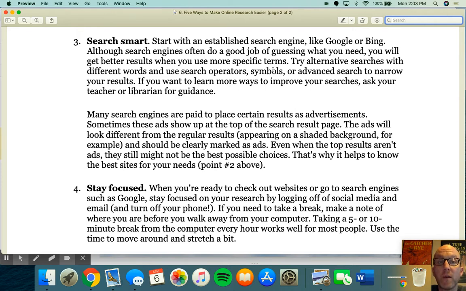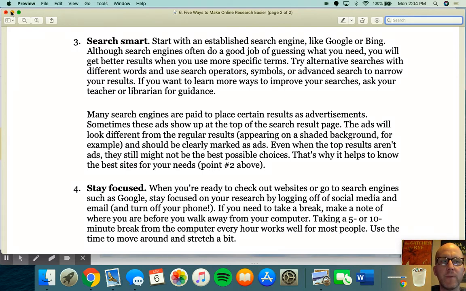The other thing that we want to talk about when we search is we want to understand the way in which searches are done. So if you search, for example, and you use, as sometimes students do, the first and second result, oftentimes those are going to be advertisements. So you have to look to make sure that you're seeing that things are advertisements. And you also want to make sure that the results that you're getting, the first and second result, aren't always the best results for you. You have to kind of figure out for yourself what you need.